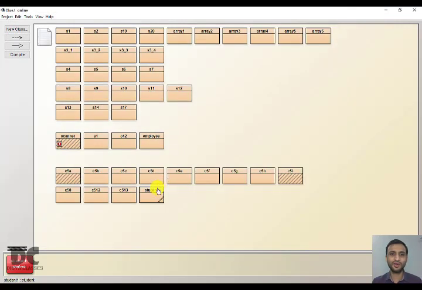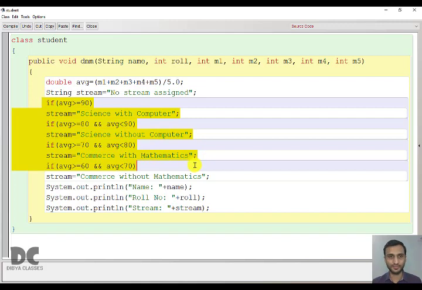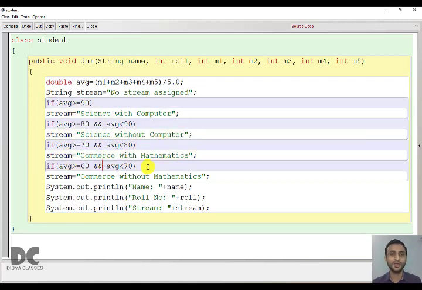So here what you have to change in a program is, without keeping this blank, you can write no stream assigned. Okay, means if neither of these criteria matches, because it is not that every student will get more than 60, it can be less than 60 also. What for them? So we'll just print no stream assigned.